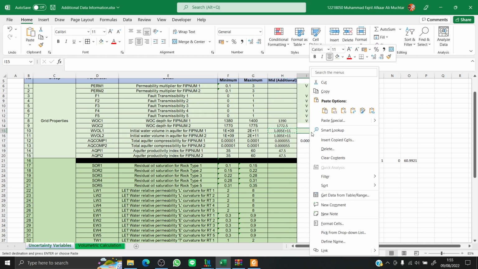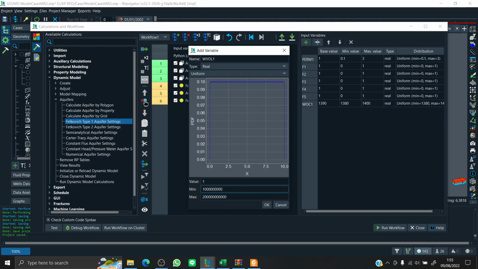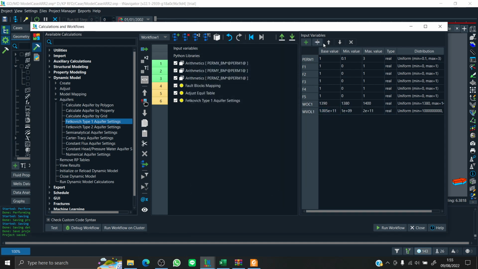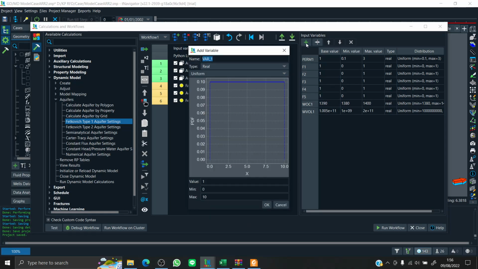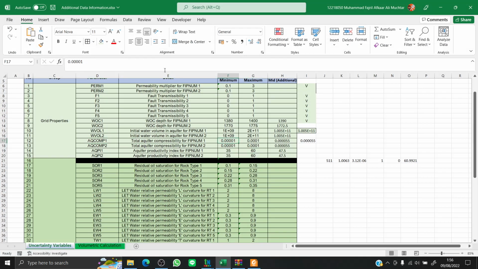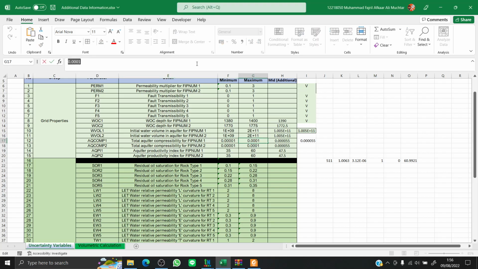I'm just gonna copy it and paste only the value. Okay, so this is the mid value, and I will put it as our base value for the volume in aquifer 1. The second one is total aquifer compressibility. Then we're just gonna add it as ACOMP1 ranging from here to here, and the value is the middle value.